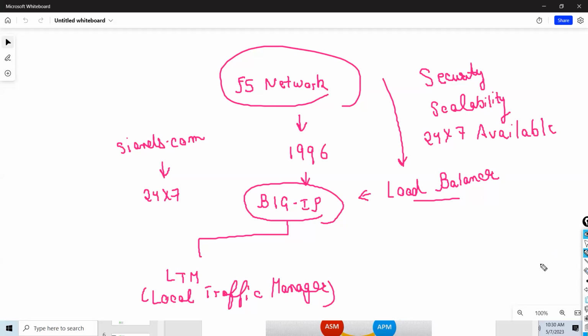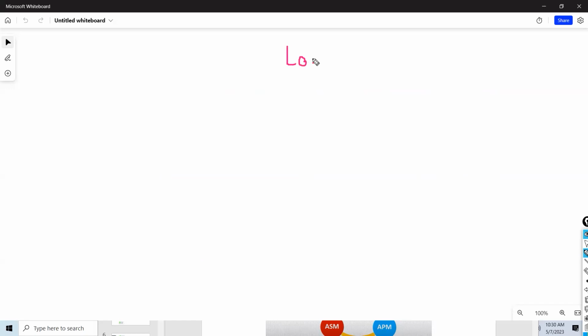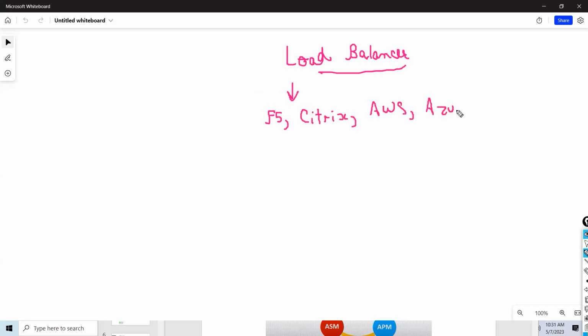So what does LTM mean, guys? First of all, what does load balancer mean? You have been working in load balancers, either F5, Citrix, AWS or Azure. What does load balancer exactly mean?